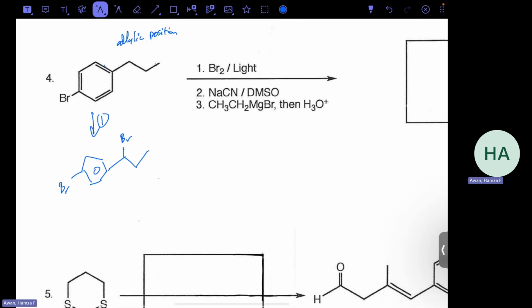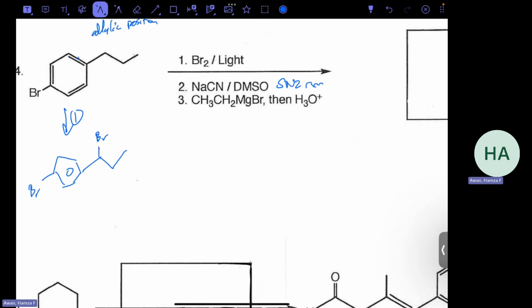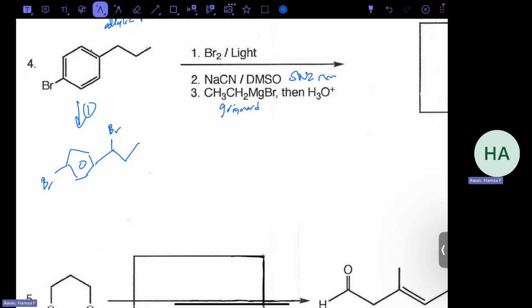And now we have our NaCN DMSO. So this is an SN2 reaction. So very Ochem 1-esque. And then this is a Grignard reaction. So whenever we have the SN2 reaction, we're just going to take the place of the bromine, right? So our second step is going to be this bromine. And this is going to be CN, cyanide. So this CN is actually C triple bond N, right? So that's going to make this carbon very partially positive,